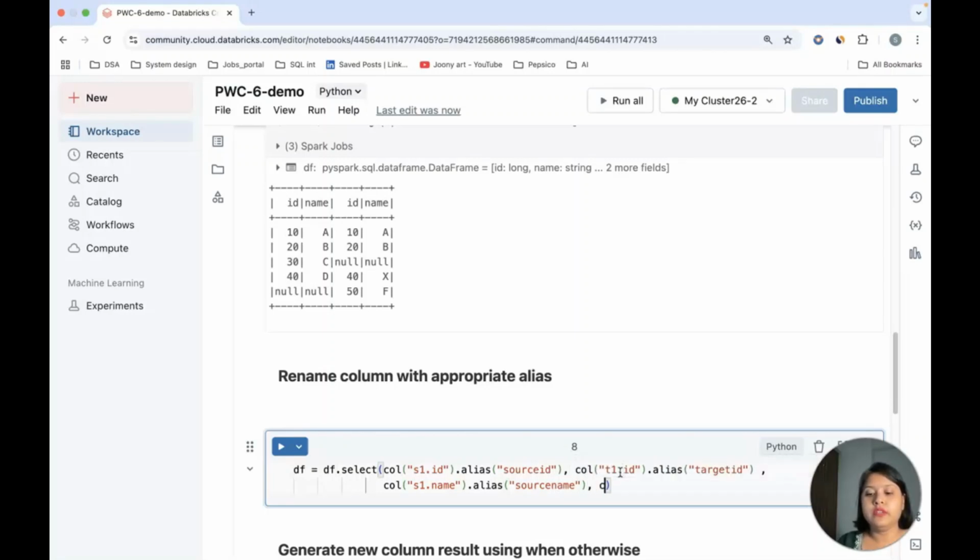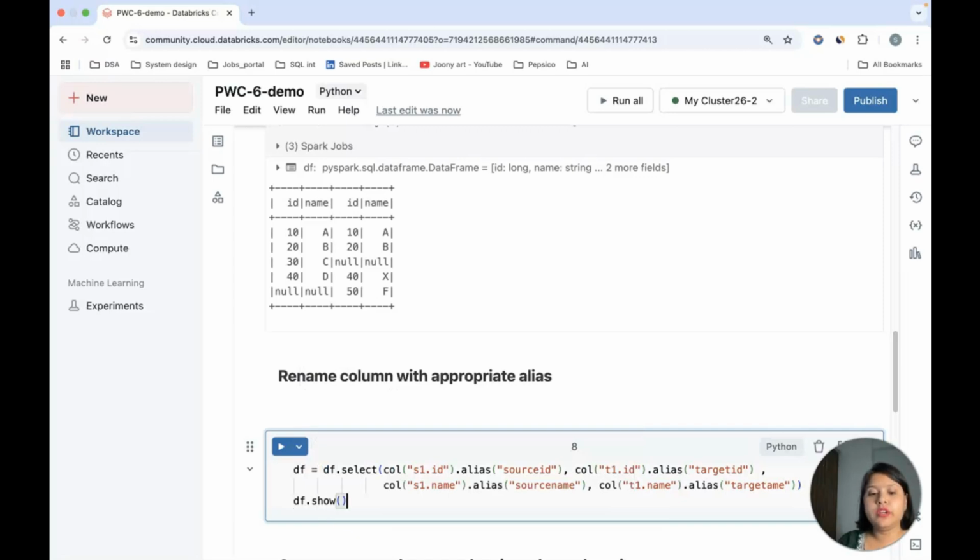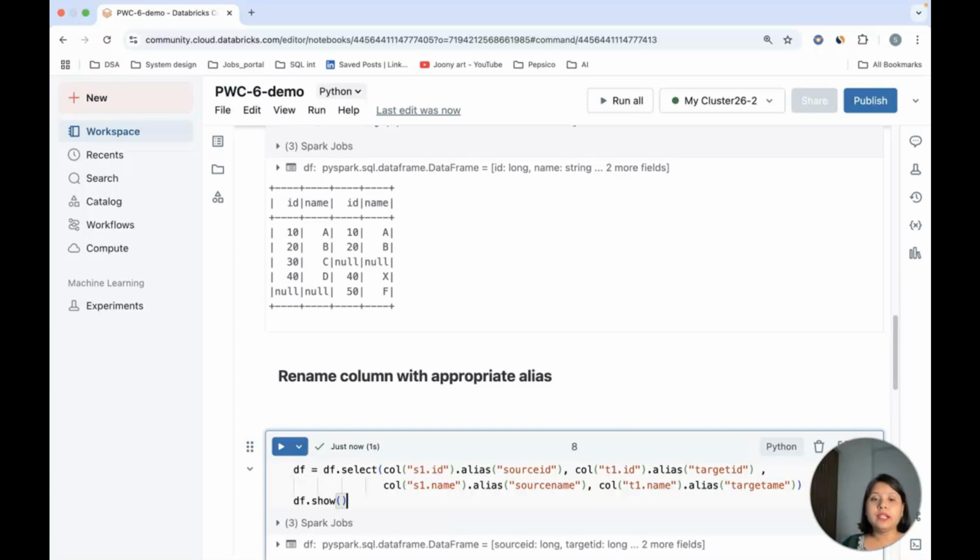Similarly, I will use column t1.name dot alias target name. Okay. Now I have my columns which are having the appropriate names. So let me do a df.show here to show you what the result looks like. Why I actually did it, you will be able to understand in the next step.